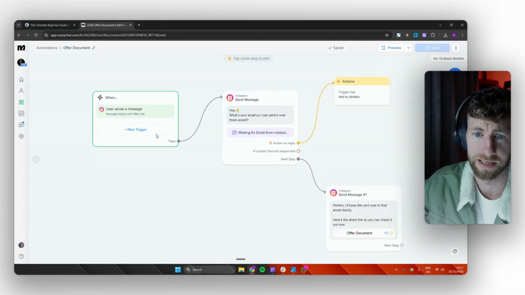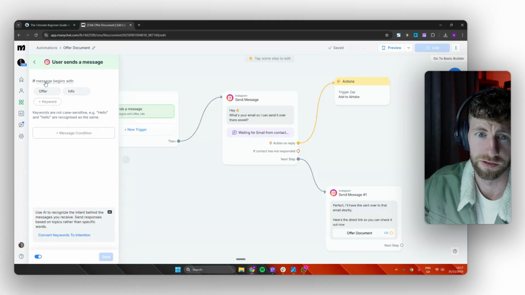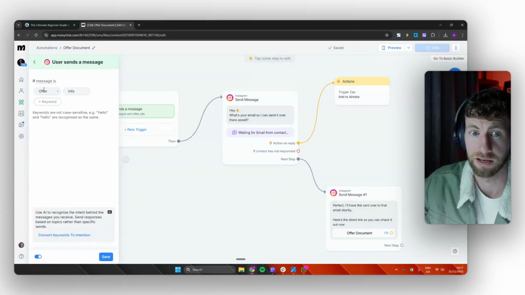So when we are setting this up, you click on the trigger, you'll see that we have "message begins with" or offer or info. We want to change this to "message is." When we change it to "message is," it's like, right, only those exact messages are going to